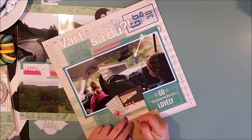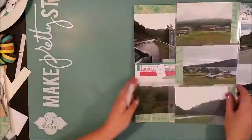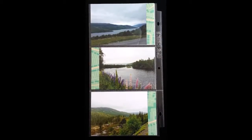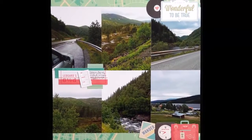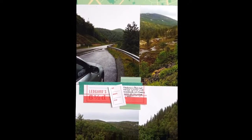I think it's 15 photos throughout this project. And I wrote some journaling there to finish off the page, just telling where these photos were taken, or during which trip or which drive. Here are some close-ups of the finished project, and I hope that you have enjoyed this